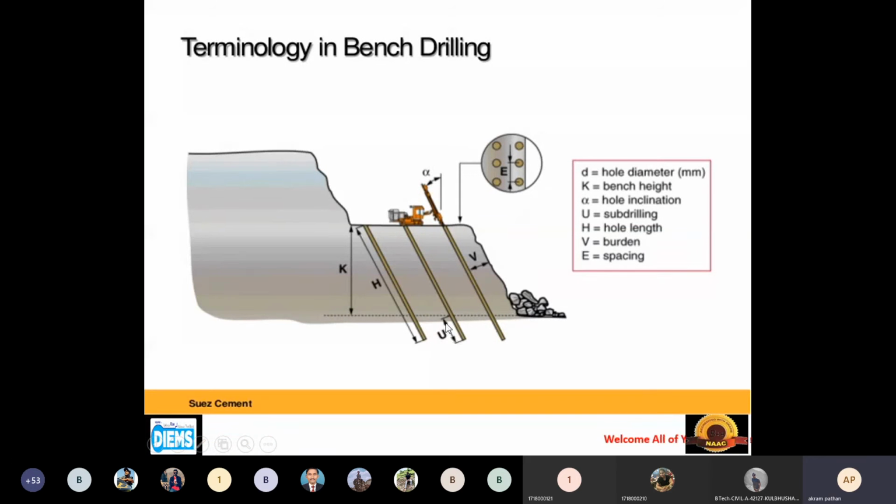Then U is the sub-drilling, and capital H, if you see here, is the hole length, and V is the burden, meaning from the outer face up to the first hole, that is known as the burden, and E is the spacing between two drill holes. So these are the terminology we are going to use in case of bench drilling in mining.